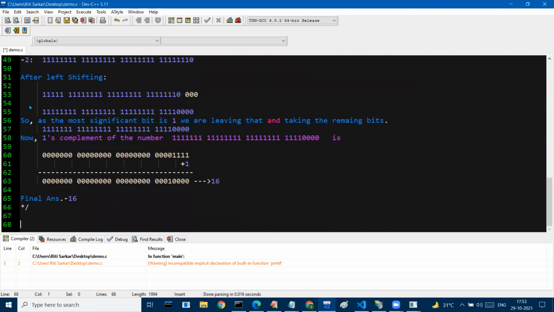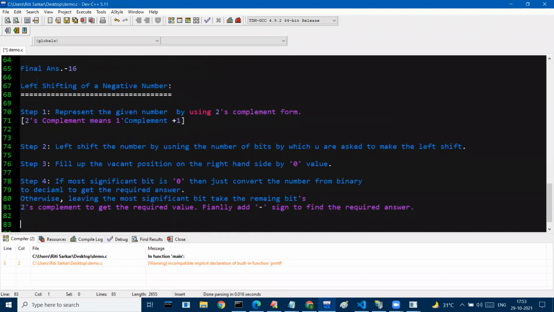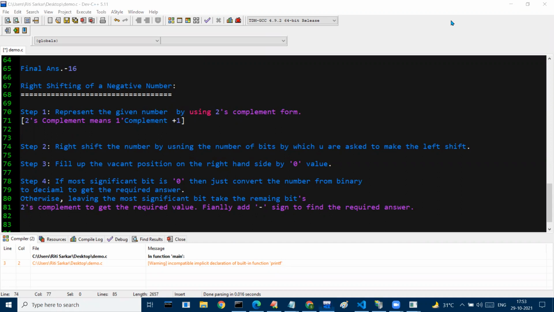This is negative numbers, right shifting. So right shifting of a negative number. Represent the given number in 2's complement form. Same. Right shift the number by the number of bits by which you are asked to make the shift. Here it will be